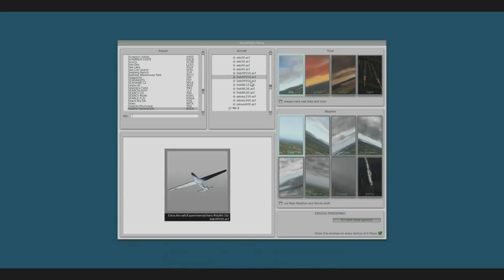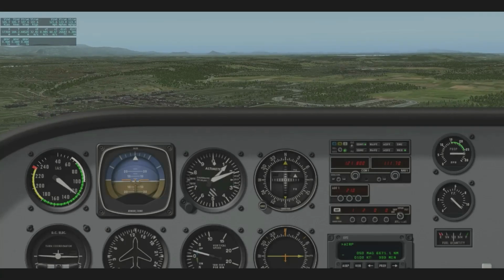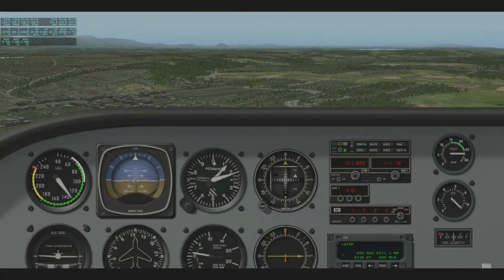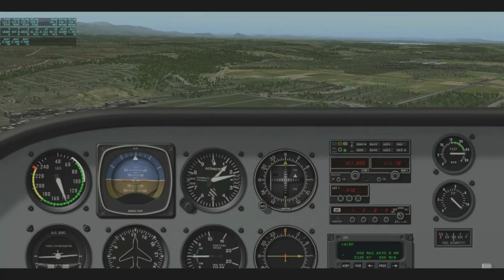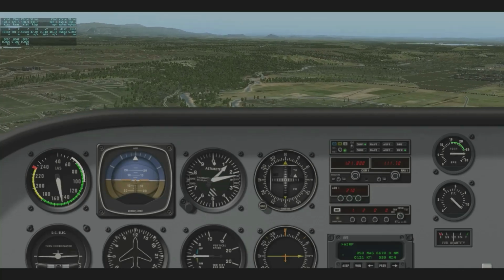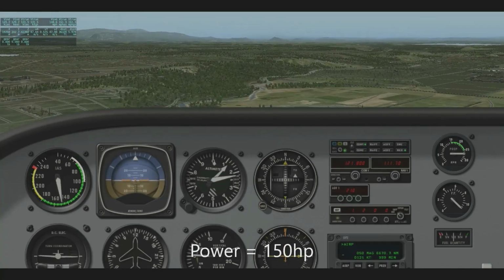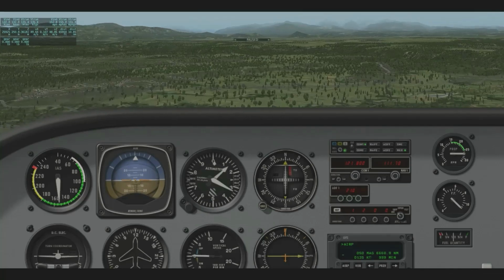For the next lesson I've created 3 new airplanes with various horsepower. First one with 150, second one 250 and the last one 350. The key objective of this lesson is to find out how the change in horsepower affects the speed in level flight. So I flew level for 3 minutes to let the airspeed settle down, and after 3 trials I got average airspeed of